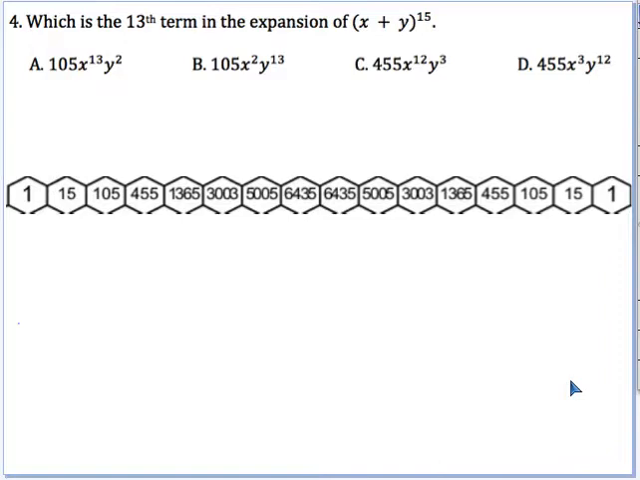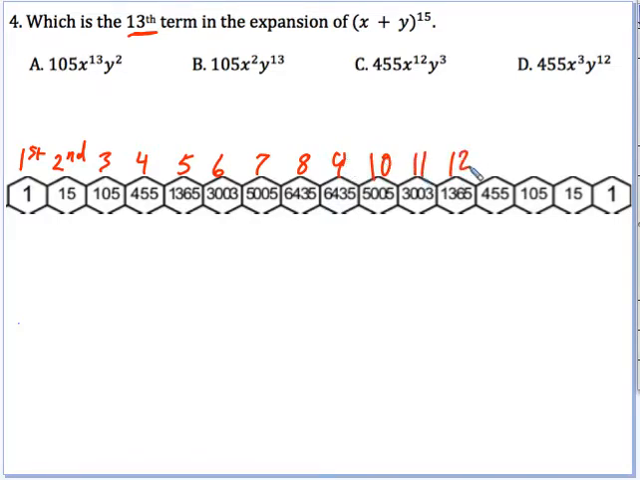15th power. If you see here, what I have is Pascal's triangle, the 15th row, because my exponent is 15 there, so I'm looking at Pascal's triangle. And if I'm looking for the 13th term, I first need to find my coefficients. So my coefficient for the first term would be 1. The second term would be 15. The third, the fourth, the fifth, 6th, 7th, 8th, 9th, 10th,